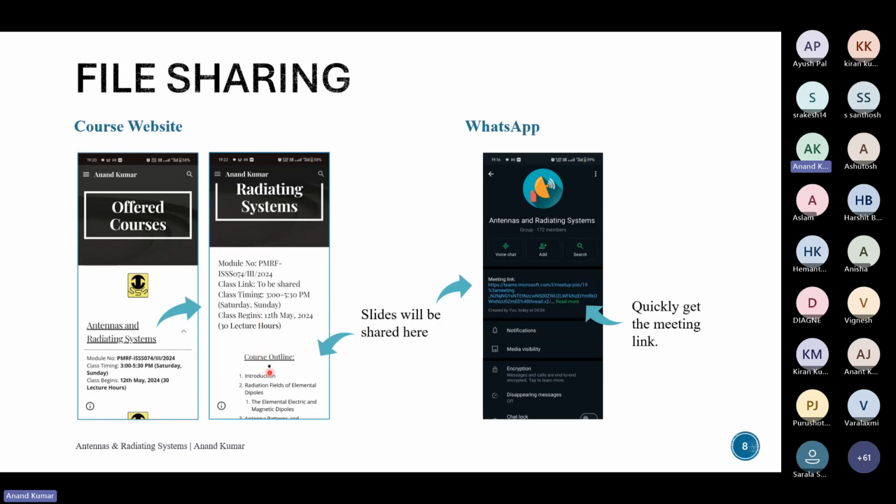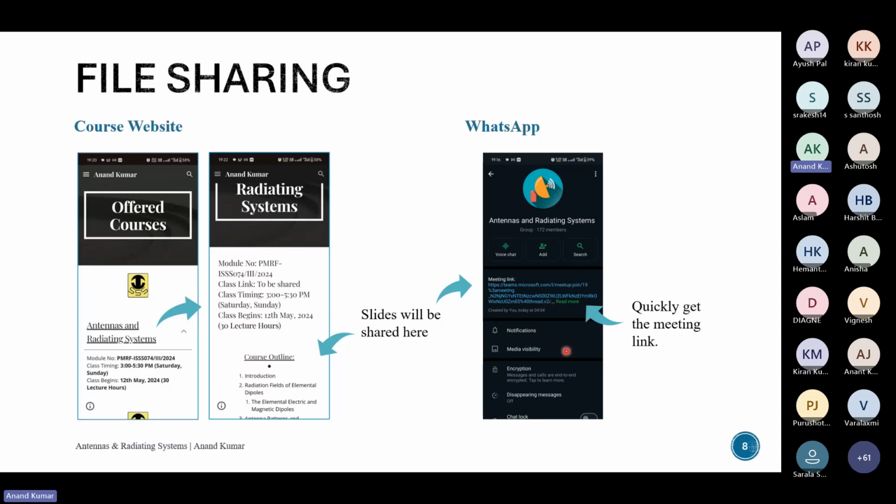I have to update this, but the slides will come next to these bullets. I'll write slide one or lecture one or something like that, and if you press the link, it will open a OneDrive link. So that's how you'll get the slides on the course website. It will always be there.